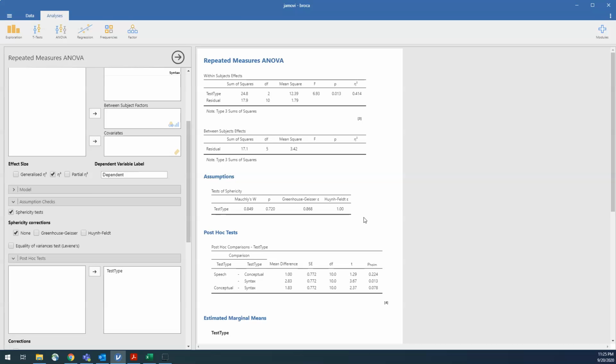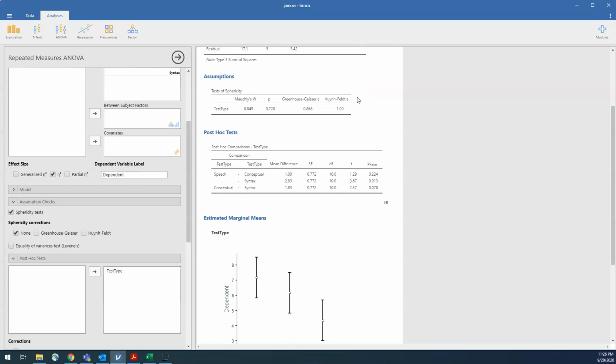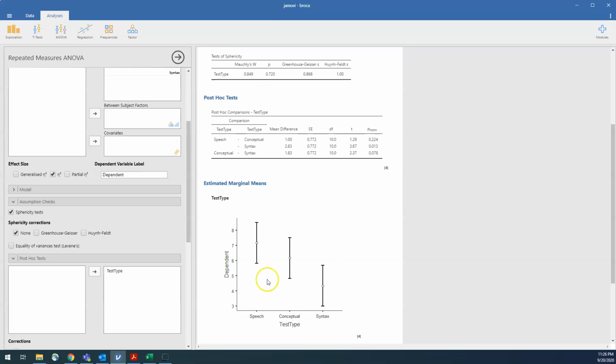In the between subjects ANOVA, you'd want to use the omega squared, but in this situation you use the eta squared, which isn't biased because we're using the same people across multiple conditions, and you can say that 41% of the variability in the results that they got on the tests is due to which type of thing it is. So the test type accounts for 41% of the differences in their scores on the different conditions. And that is how to run a repeated measures ANOVA.